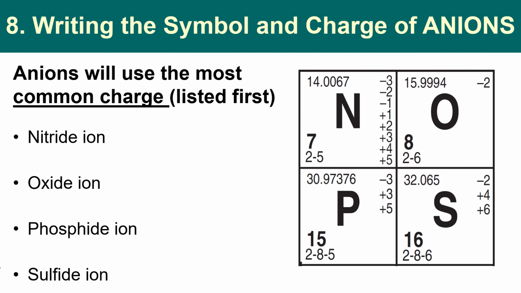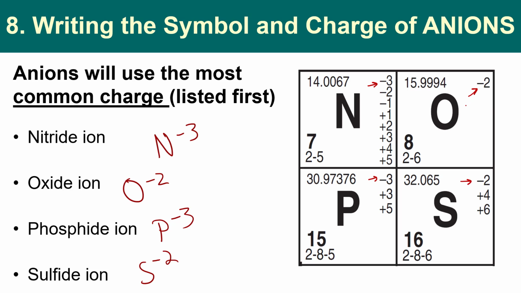All right, now let's go back the other way. Here are some anion names. You are going to write the formula and the charge that you would see given the name. And remember, anions are unique. They are going to use the most common charge that is listed on the periodic table, and that will be the one that is listed first, which generally reflects how many electrons would need to be gained in order to reach the stable octet. So pause the video now, write the formula and the charge of the ion, then unpause and check your answers. Okay, if you did it correctly, here is what you should have gotten, and you will notice, as we said before, that the first charge is the most common form of the ion,